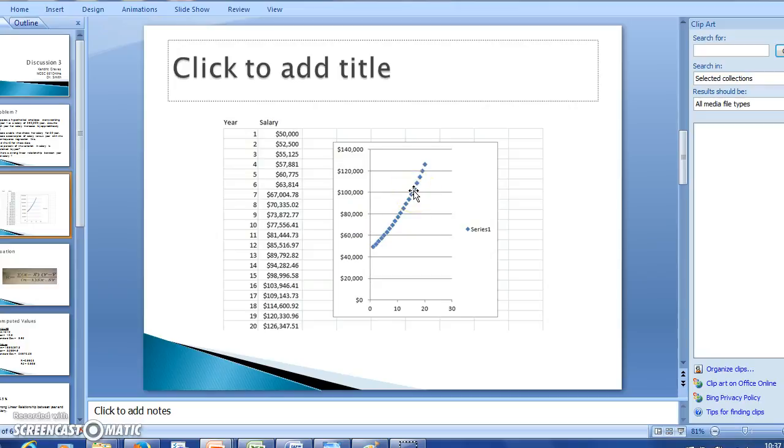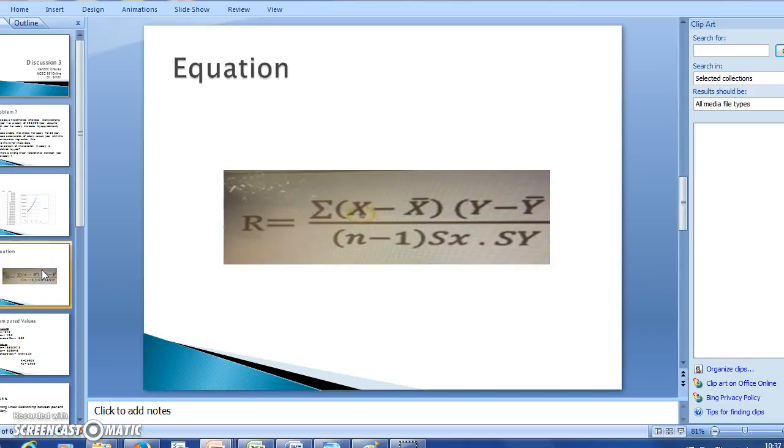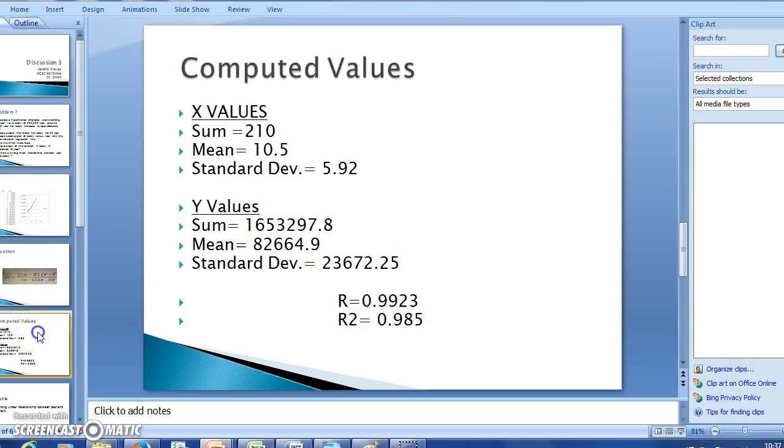at a positive rate. And the next thing you want to do is solve for your R, and this is the equation that we will use. And once we start to solve for our R, we're going to find the X value and the Y value. And once we get this, we'll have the mean and the standard deviation we need to solve for our problem. And once we compute this into the formula, we will get our R, and our R value is